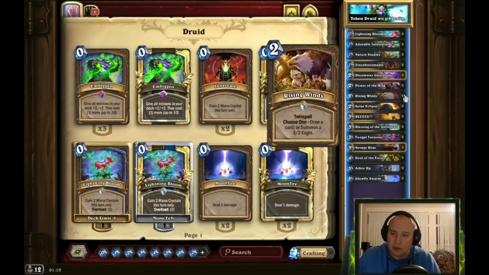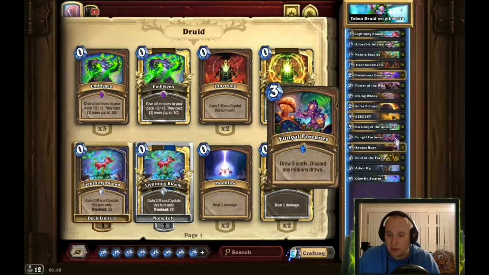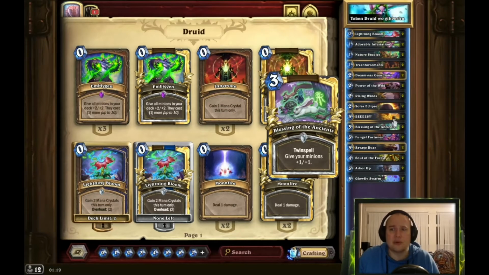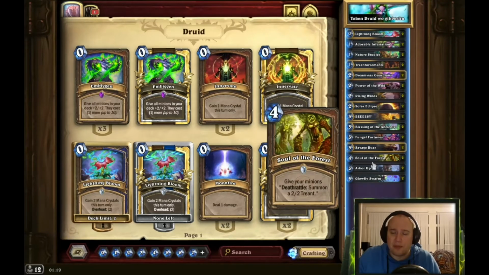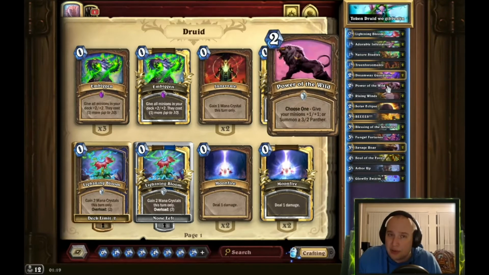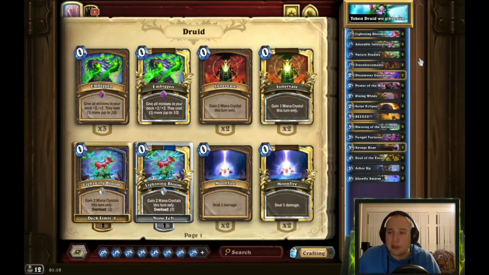So talking about drawing, you have your Rising Winds and you have your Fungal Fortunes. Those are your card draw cards, but you actually want to win quite early in the game. You don't want to have a late game push here, so it is an aggressive deck. Talking about the matchups, however, even though you are an aggressive deck, you are struggling a little bit towards